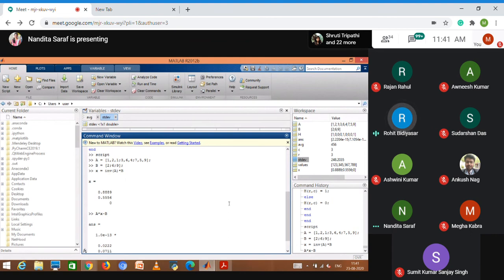Ma'am, instead of defining a random variable, we should define the array only, then we can do it. If we define a random variable, there is no guarantee that it would be an integer, and on top of that, an even number. 0.4 wouldn't be called an even number. So let's just define an array that we can do randomly and then apply what you learned, right? Yeah, you can do it that way also. No issues. I just want you to get the hang of for loop and if condition all together.